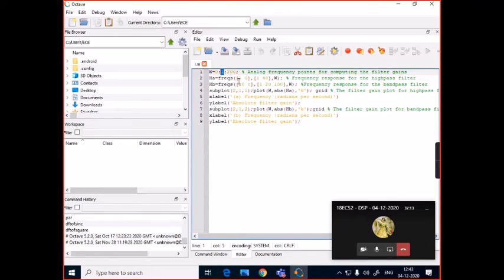These are the frequency points, the omega, the x-axis, where we need to calculate the magnitude response. So the comment is: analog frequency points for computing the filter gains. And in Octave, now, is this visible?